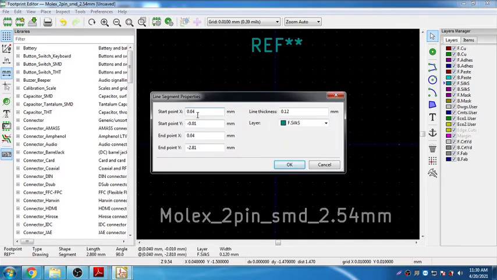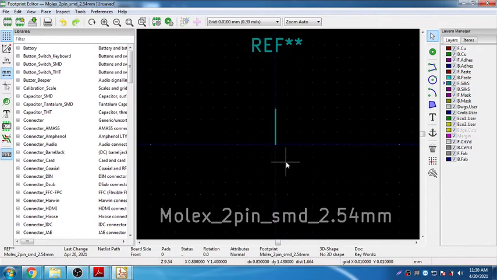Now I'm going to put the start point at 0, start point of y also 0. I start from x0 y0, and the end point is x0 and y is 13.6. It is coming downward, so I think here they take it as minus y, so I will edit accordingly.